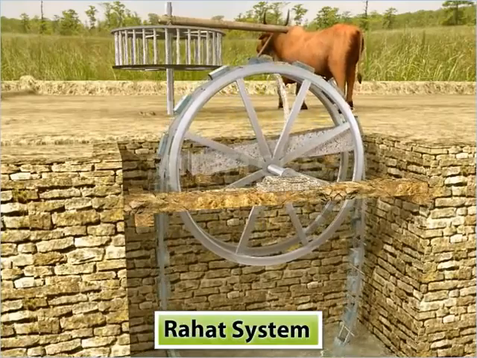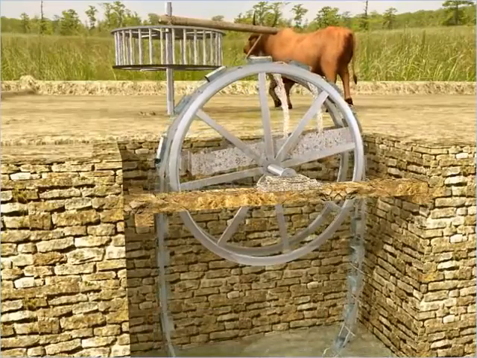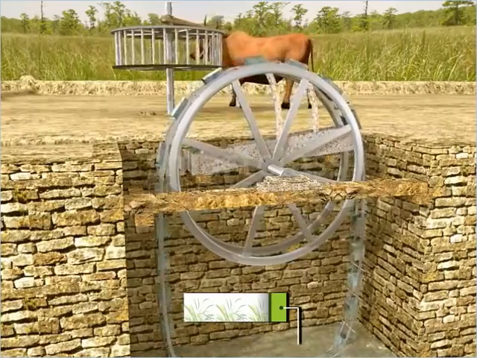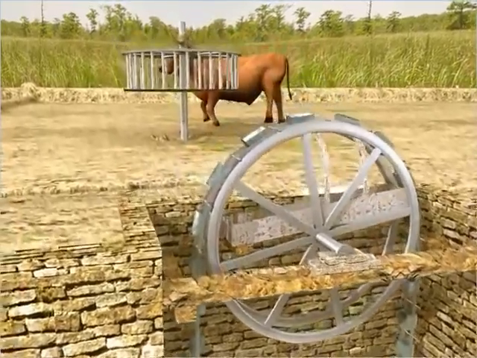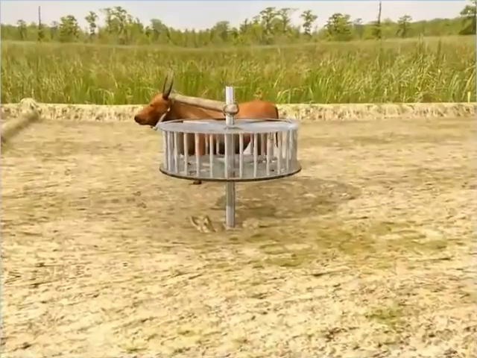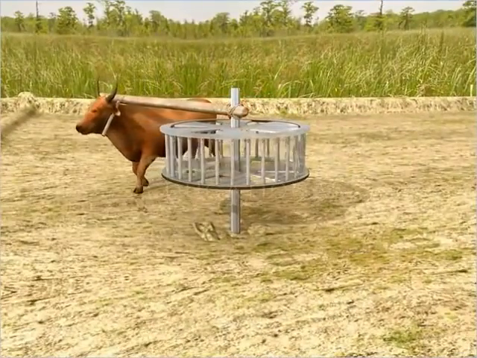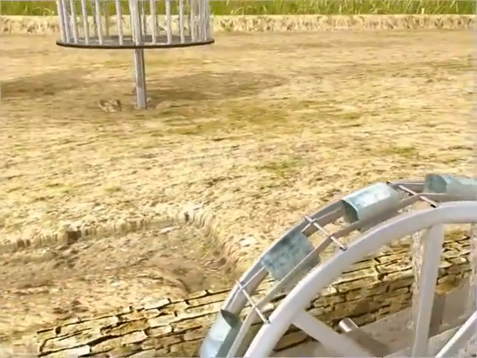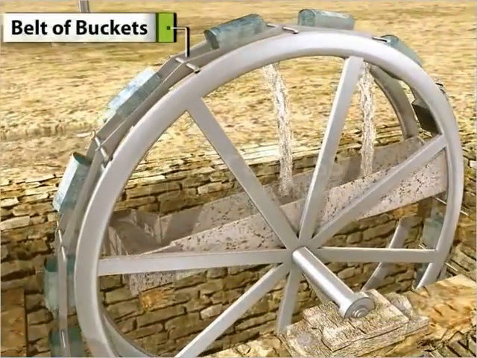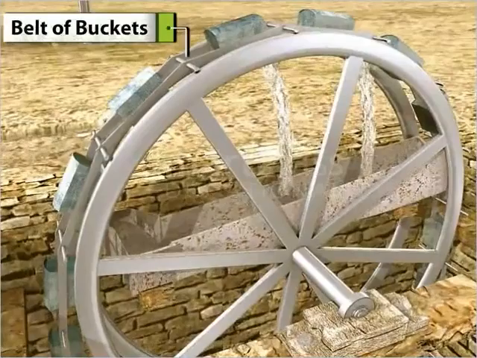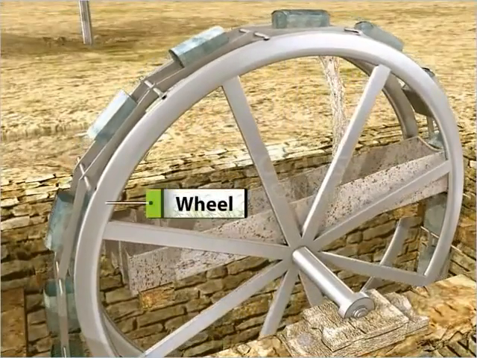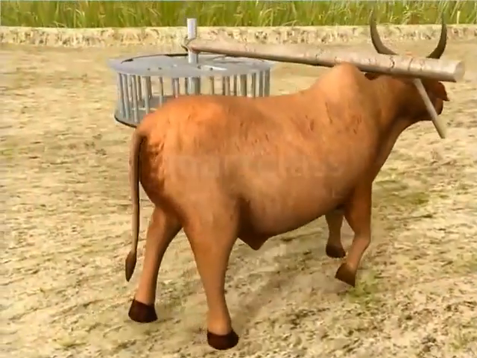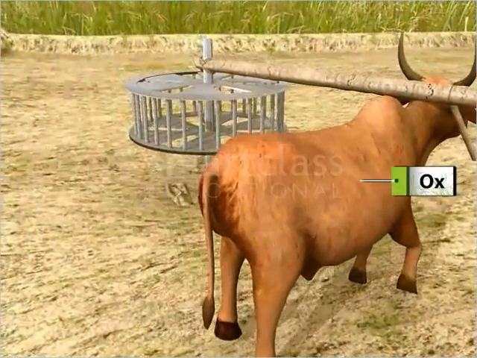Rahat system of irrigation involves two wheels, one placed vertically over a water source, typically an open well, and the other placed horizontally at a distance. A belt of buckets is fixed to the first wheel and an ox, buffalo or camel is tied